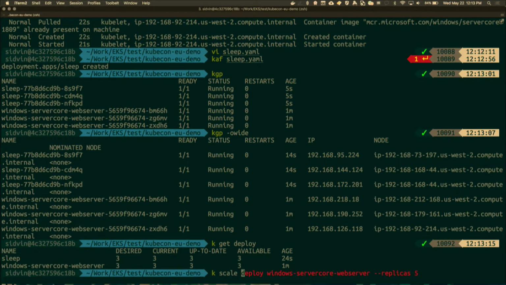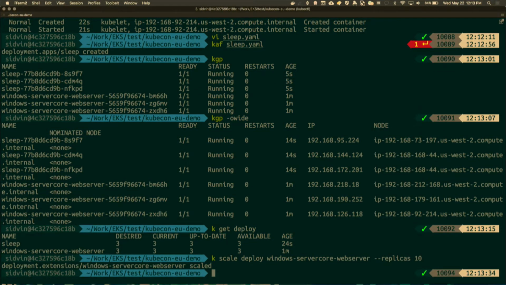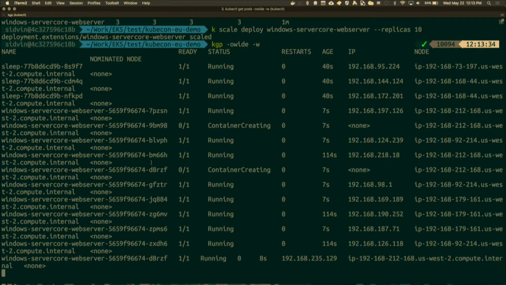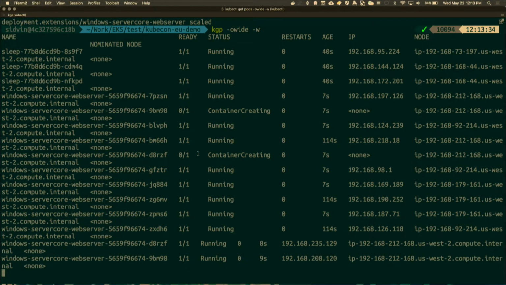For example, let's scale this to 10 pods. You see a lot of them are running, and